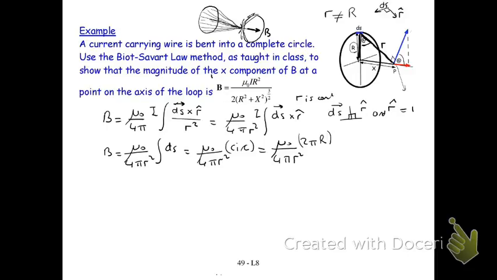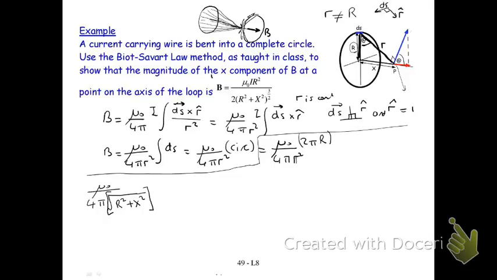And so in here, I can't cancel these guys like I could do before. Up to there, it's the same old, same old. But now we start saying, okay, well, then I have mu naught over 4 pi. Let's express this little r, which is that guy, as the square root of r squared plus x squared. Agreed? Using Pythagoras. But of course we have to square that because it's r squared times 2 pi r,